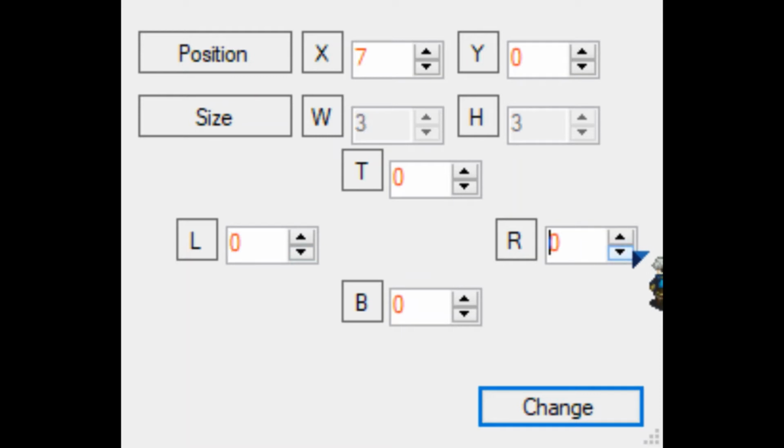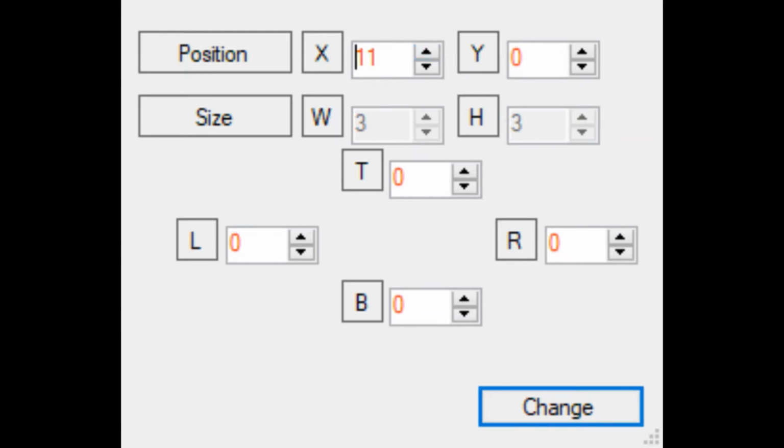If you want to make something smaller, because you thought it would be bigger, you can change this to a negative number. We can also increase the top or bottom. It's the same as with left or right, but the top increases it at the top of the tile change and the bottom at the bottom. We're not going to change anything but the x coordinate. We're going to change that to, let's see, 1, 2, 3, 4. I thought it was 11.